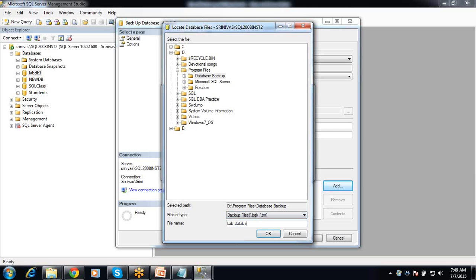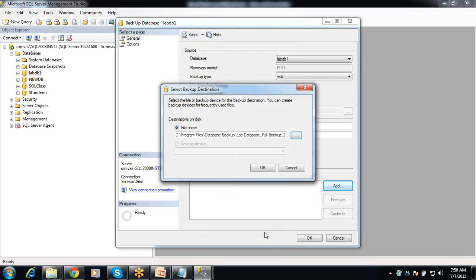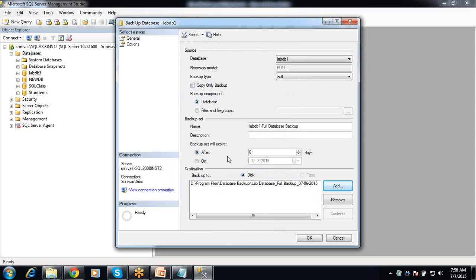lab database underscore full backup underscore. So here I have given the file name. If you see here,